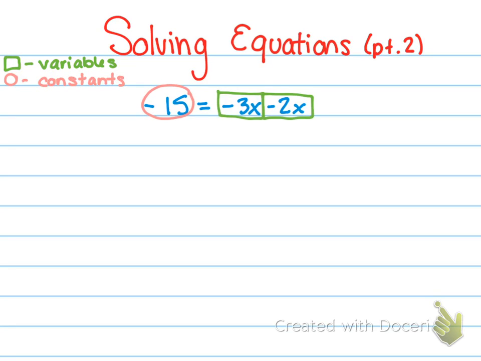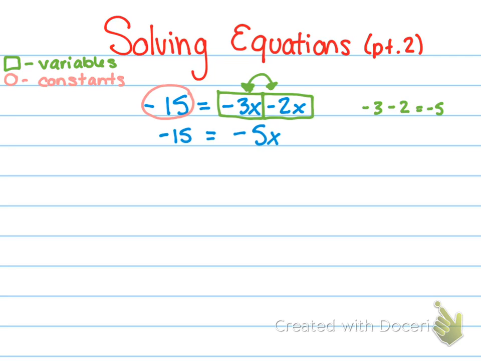So since we have identified all of our variables and constants, we need to go ahead and combine like terms. In this situation, we have terms that are the same on the same side of the equal sign. So we're going to do exactly what it tells us to do. So this is the same as saying negative 3 minus 2. We're just kind of getting rid of those x's for the moment, or that variable for the moment. So negative 3 minus 2 gives us negative 5. So I'm going to write negative 5x below that. I'm going to copy down what I haven't touched,